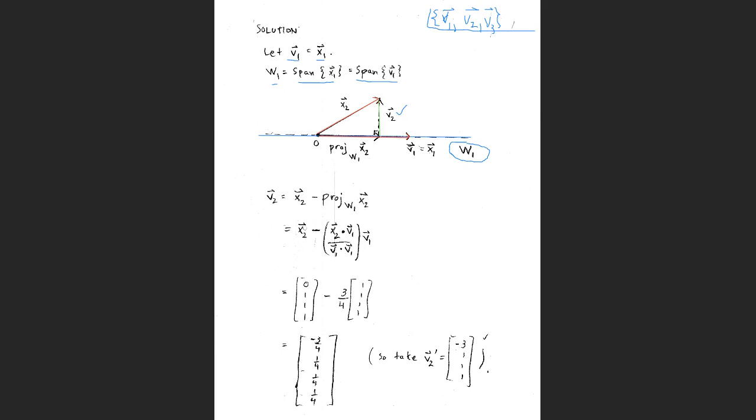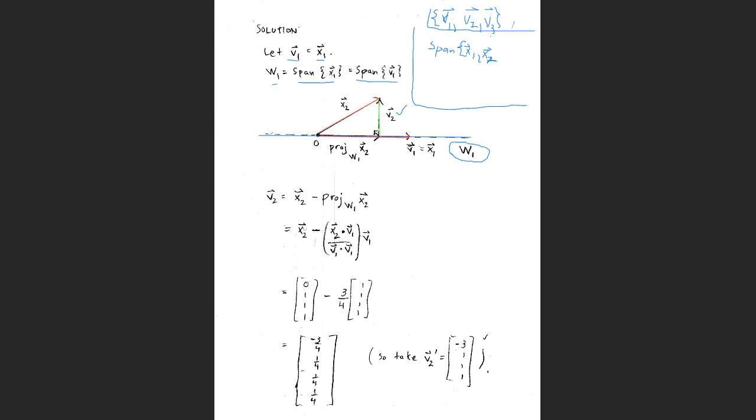This vector v2 is orthogonal to x1. And I'm going to ask this, as a little aside here, is the span of x1 and x2